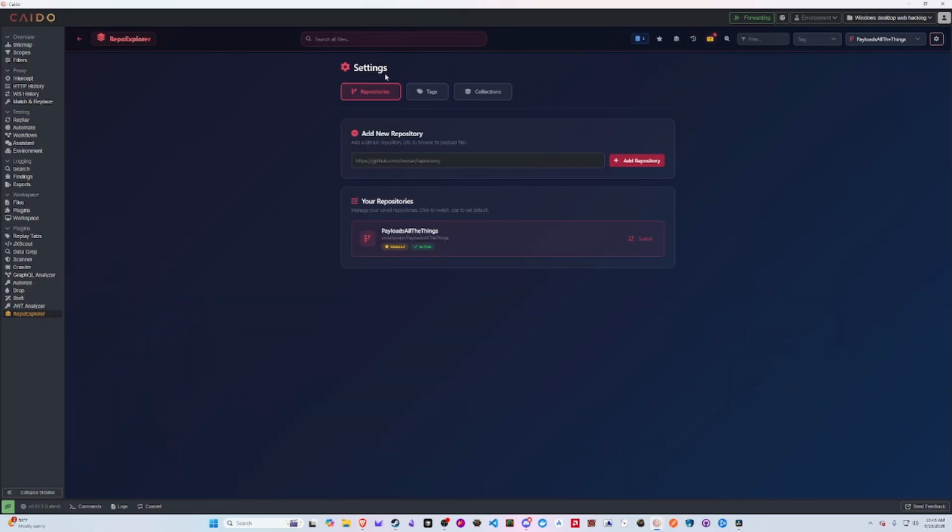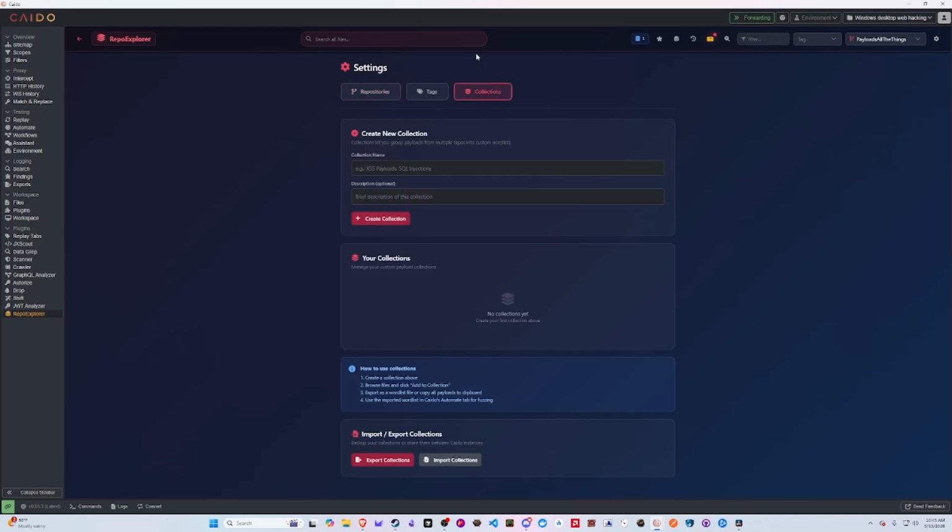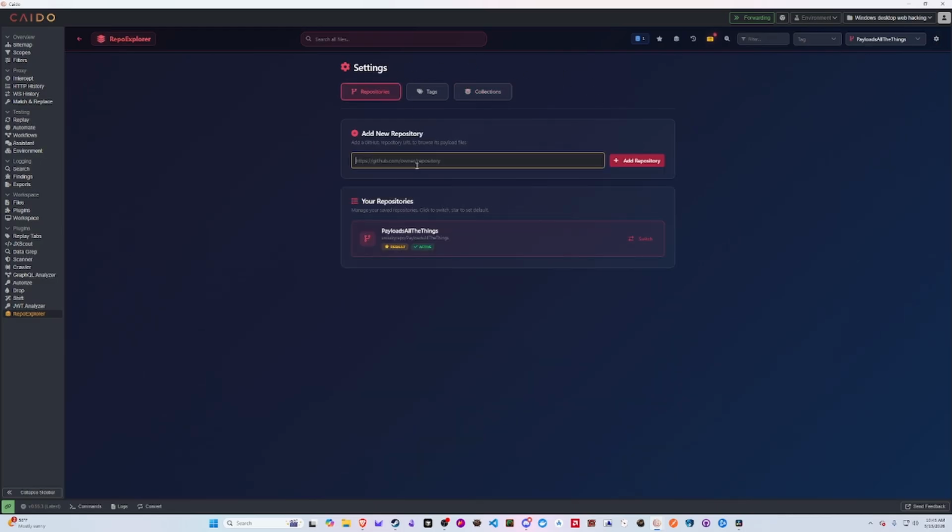To clear a collection, you come into your settings home. The first thing you're going to see in your settings is add a new repository, which adds a GitHub repo URL to browse payload files. As long as it's hosted on GitHub and it's public, it will grab it no matter what type of repo it is. As long as it's accessible and existing on GitHub, it will be allowed into your repository,